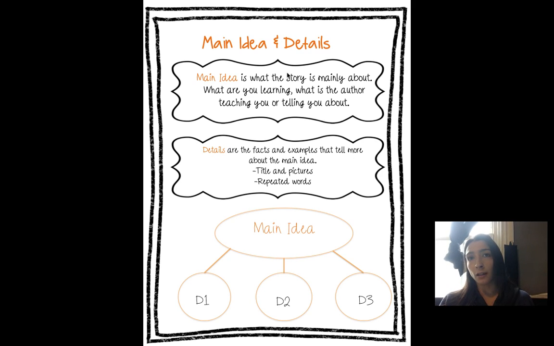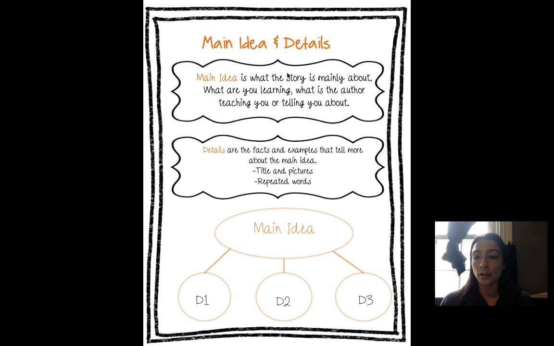As you're reading, a lot of things can be going on in the story, but you want to think about the overall purpose of the story. So you want to think about your author's purpose. Is he entertaining you? Is he informing you? Is he persuading you? That's the first step. Then to think about your main idea, what is he maybe persuading you about? What is he informing you about? Or what is he entertaining you about? If you ask yourself that question, that's where you can get your main idea.